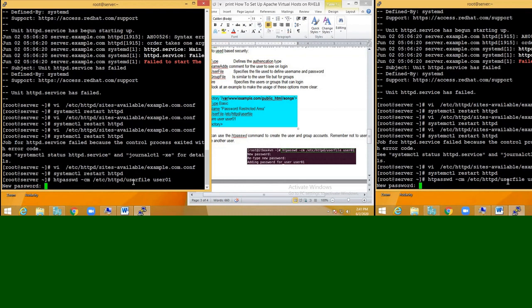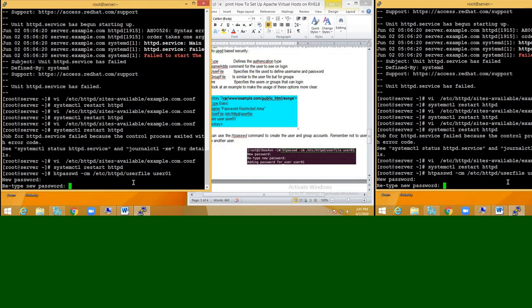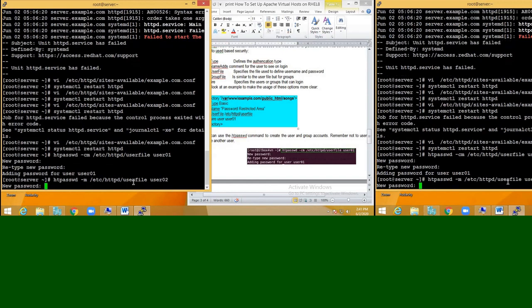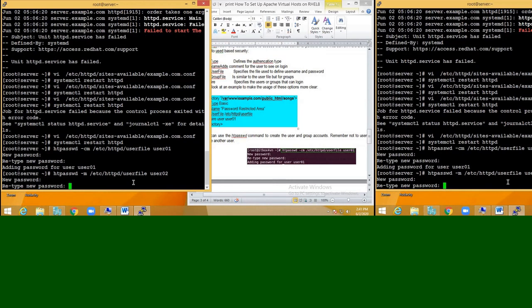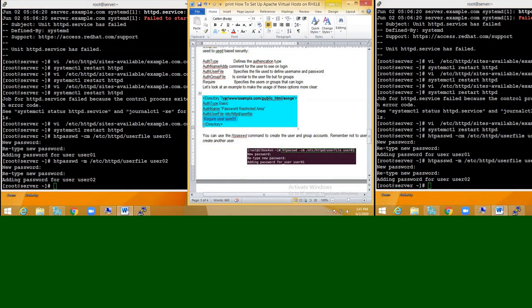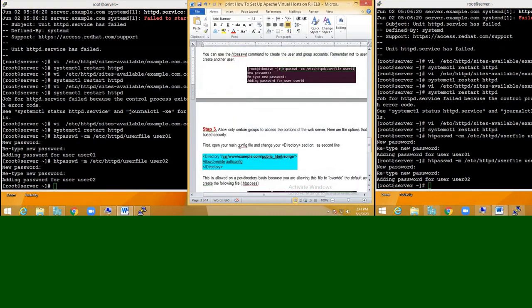The password is, let us say, user01, user01 two times. Let me create one more user, user02. This time you don't have to give c. C is used to create the new file, that is the user file. So give user02, user02. So we have created two users, but permitted only one particular user.